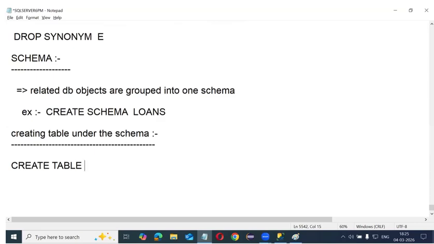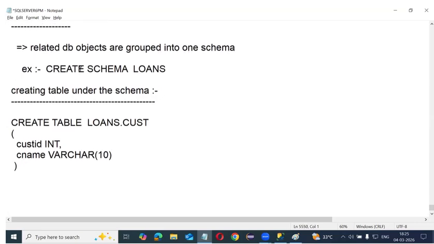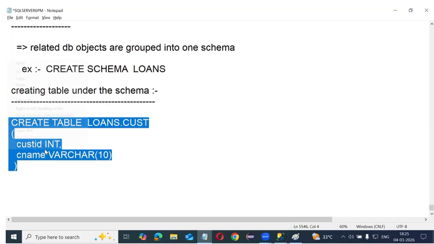I want to store customer data in loans. So how to create it: loans dot customer. Loans dot customer, then customer ID integer, customer name, whatever, varchar of 10. That's it. So when you run this,